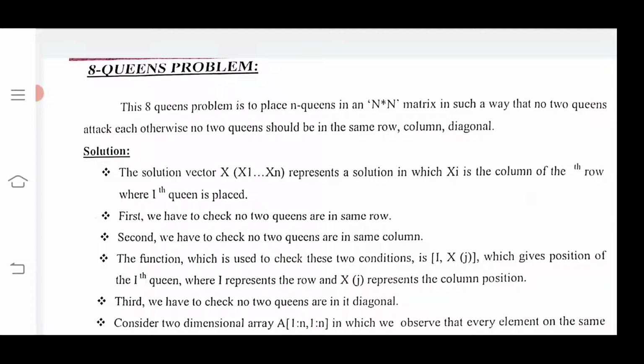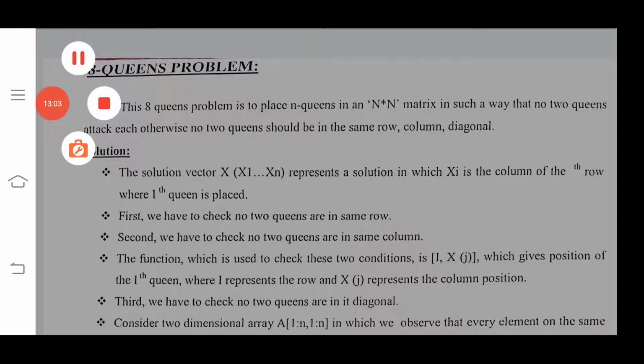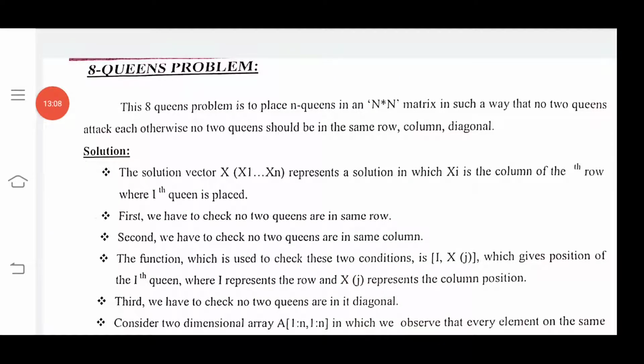This is one of the best applications of the backtracking methodology. If you have any doubts regarding the topic of the n queen problem, please contact me. If you learn about the solution and the steps to generate the solution, and we have seen the algorithmic representation of how we can place a queen in the kth row and ith column, how it uses a global array, and how the solution vector represents a solution where we have to place a queen.